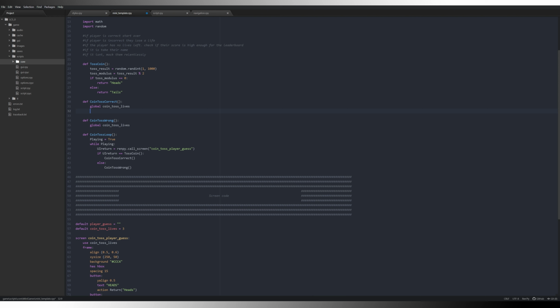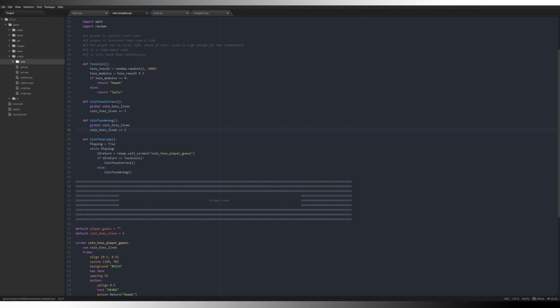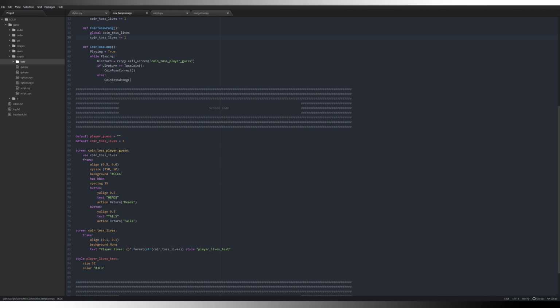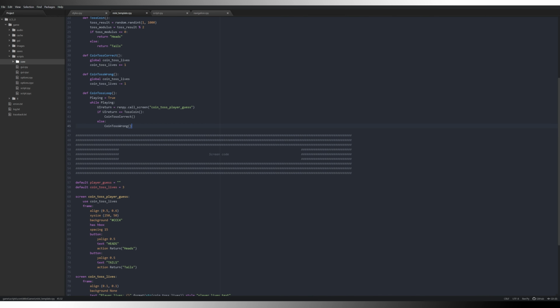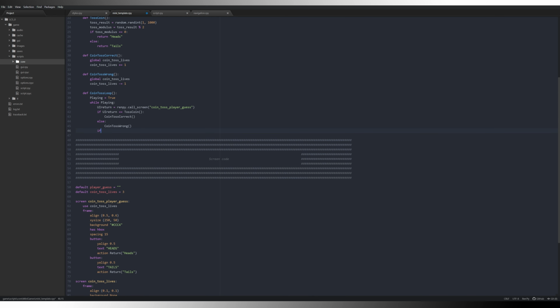Okay, so coin toss lives. Now all we have to do is say coin toss lives plus equals 1. Copy that one. Coin toss lives minus equals 1. Like so. The next thing we want to do is in our game loop, we now want to say if